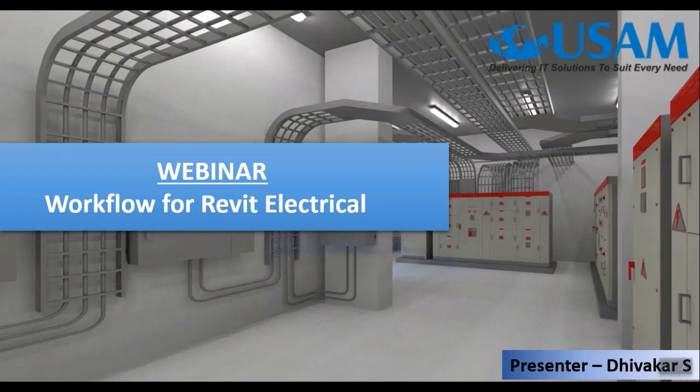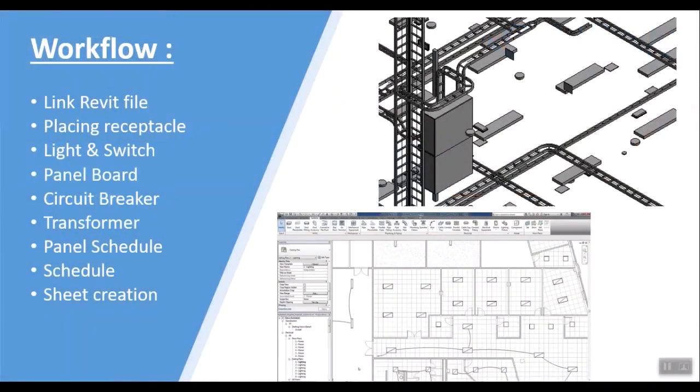In Revit electrical, we are showing only a layout design. For example, I have an apartment or school building. In that, I'm placing what type of lights, what size of lights, and the type of switches, sockets, and transformers. These are the things we can show in Revit. Okay, fine. So I'm going to show the workflow.